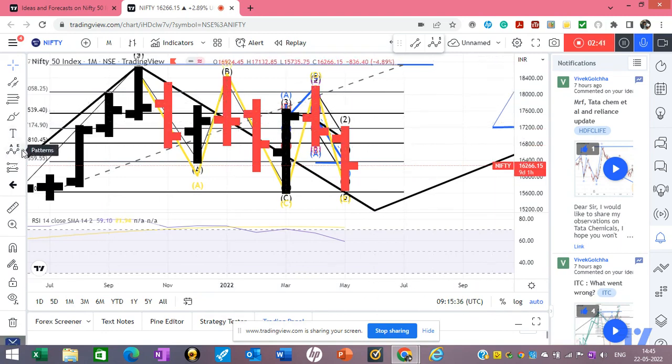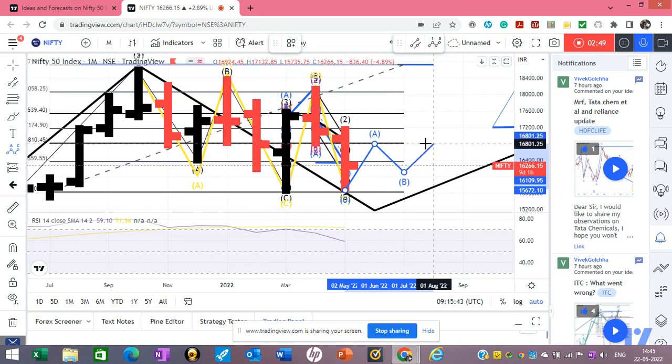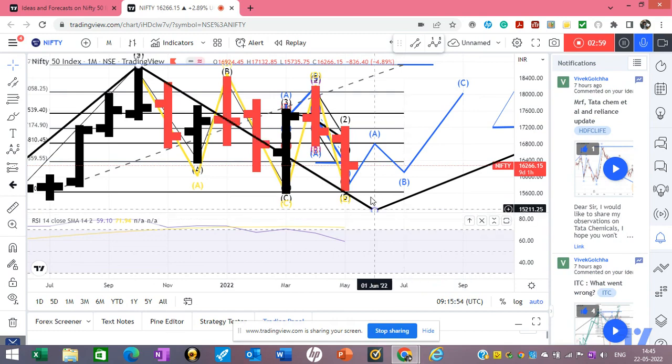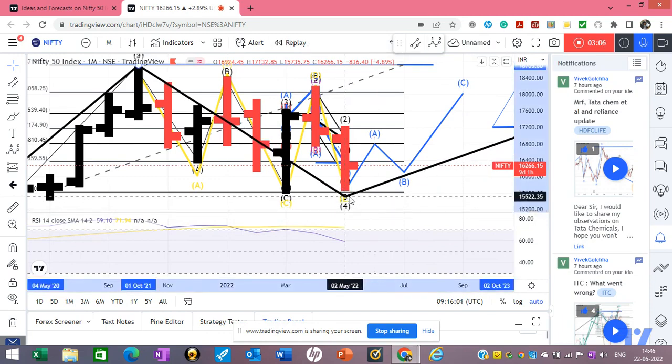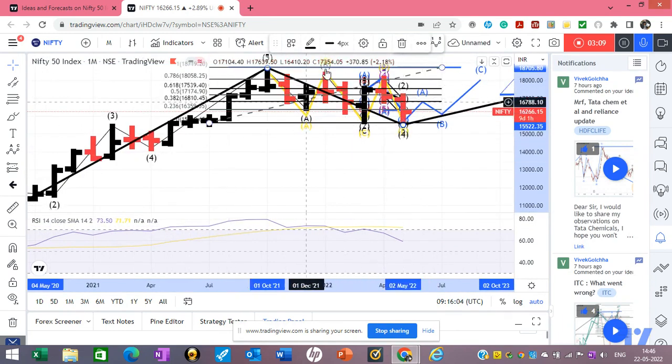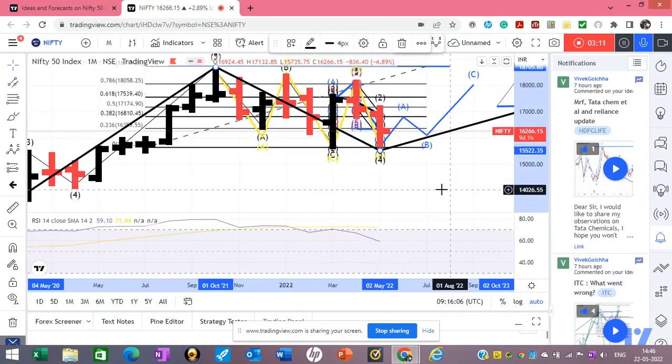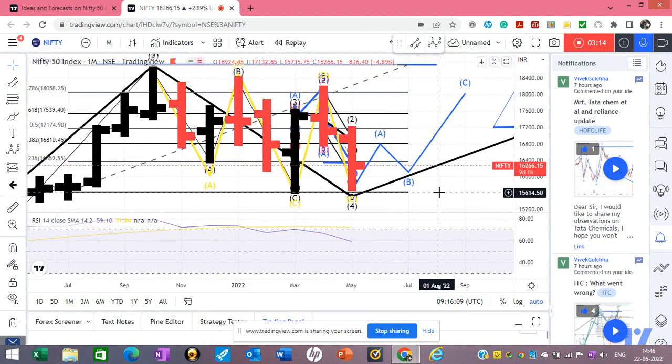So now we will have a correction, something like this: A, B, and C. And in leading diagonals, the correction can go to the extent of 78% or something like this. Though the RSI is telling me that we are in wave 3, but this pattern is what is, you know. So, looking at both the views,